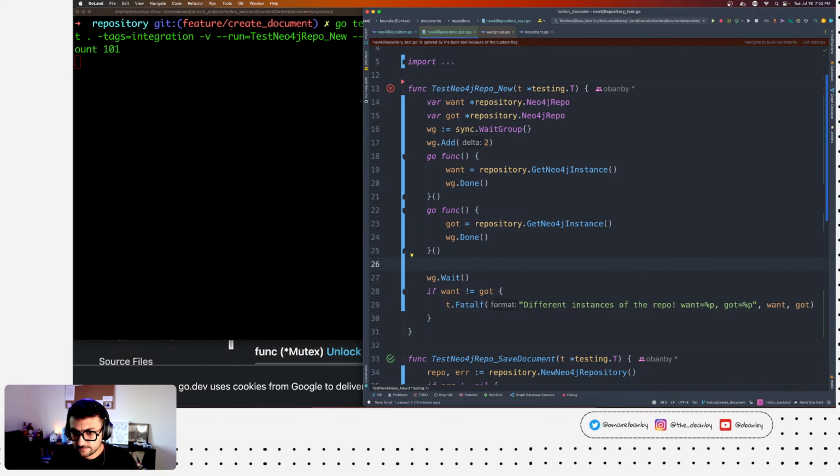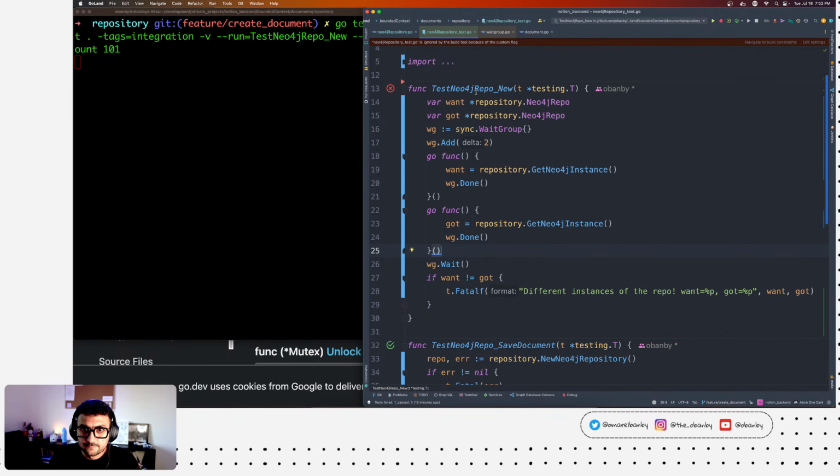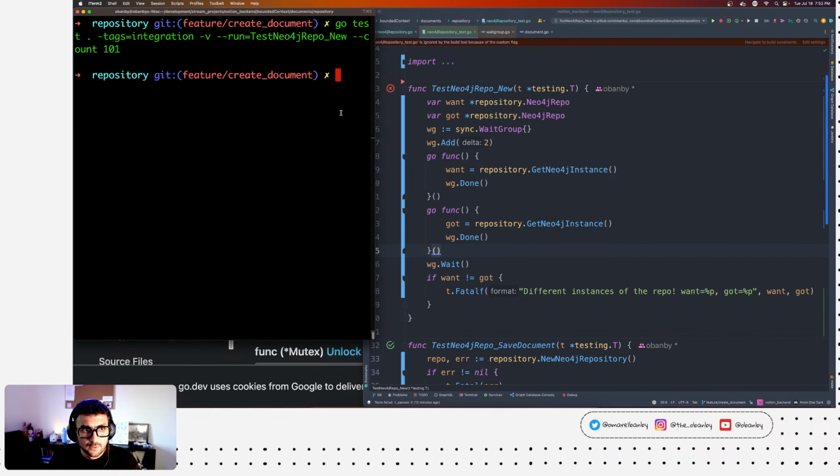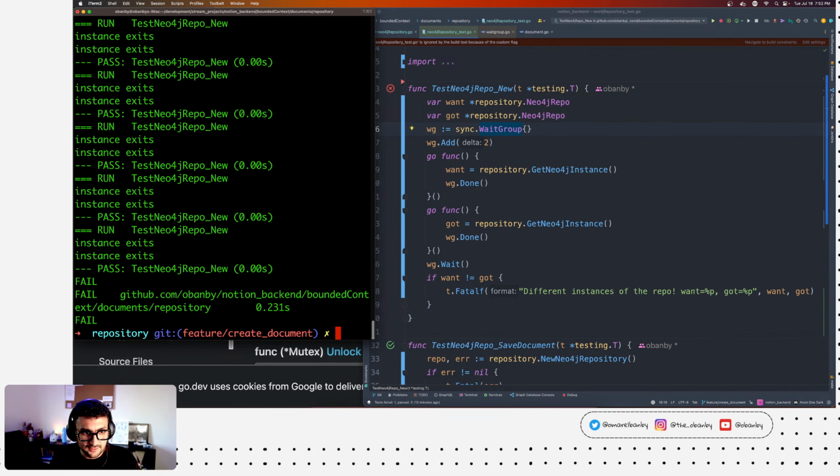So we've managed to create a deadlock. Now I'm trying to find out, where does that deadlock exist?